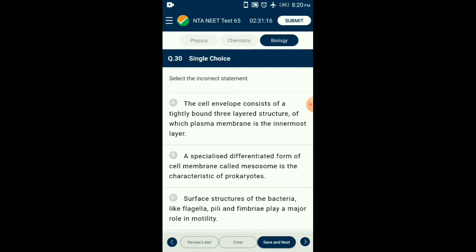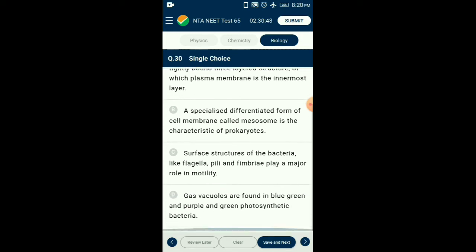Besides flagella, pili and fimbriae are also surface structures of bacteria but do not play a role in motility. The pili are elongated tubular structures made up of special protein. The fimbriae are small bristle-like fibers sprouting out of the cell. In some bacteria, they are known to help attach the bacteria to rocks in streams and also to the host tissues. So the answer for this question is option C.